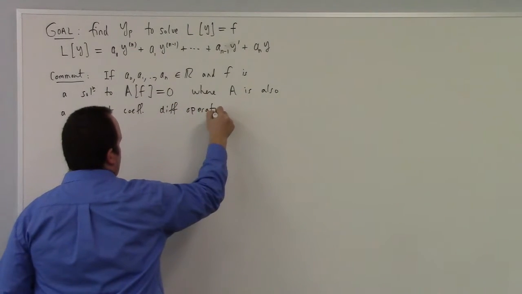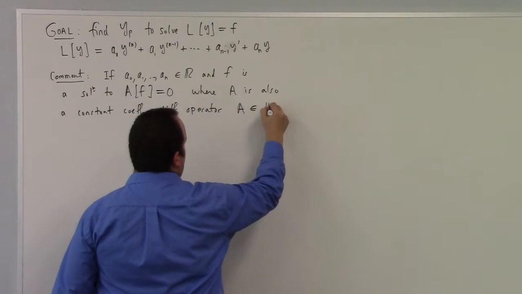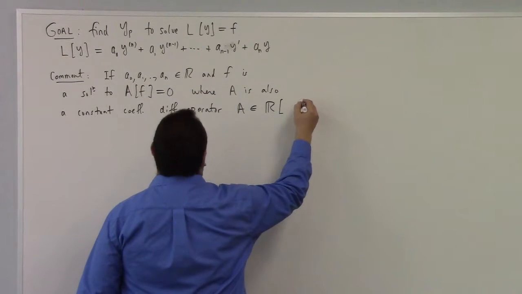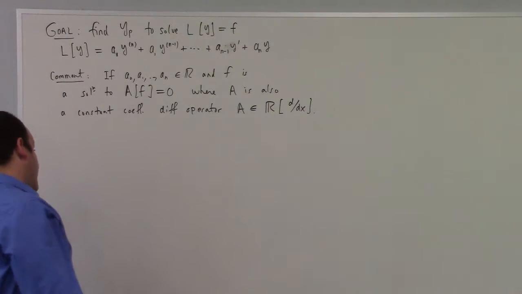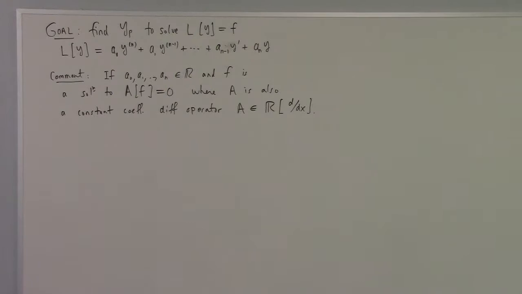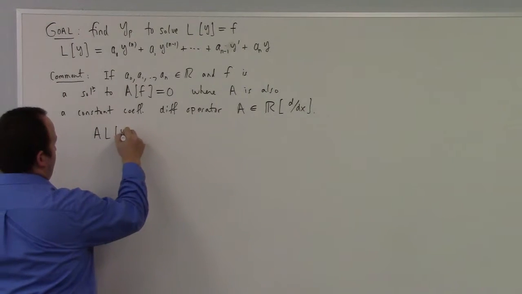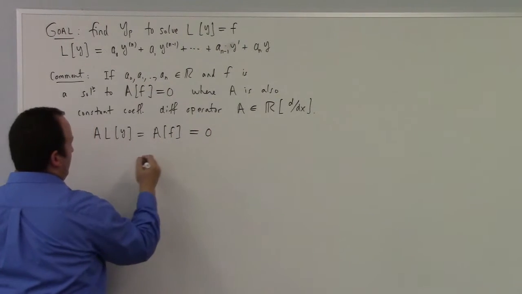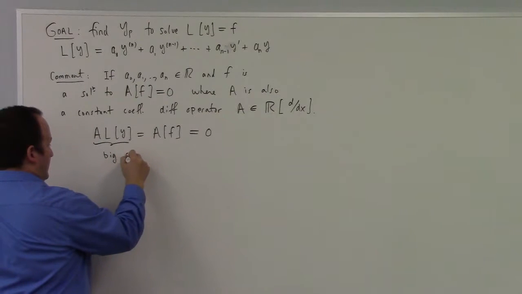If I wanted to use more formal lingo, I could say A is an element of the polynomials with real coefficients in the differentiation operator. This is math speak for that. Anyway, the point is if that's the case, then you can say A L y is equal to A f, but A f is 0, and then this is just a big constant coefficient